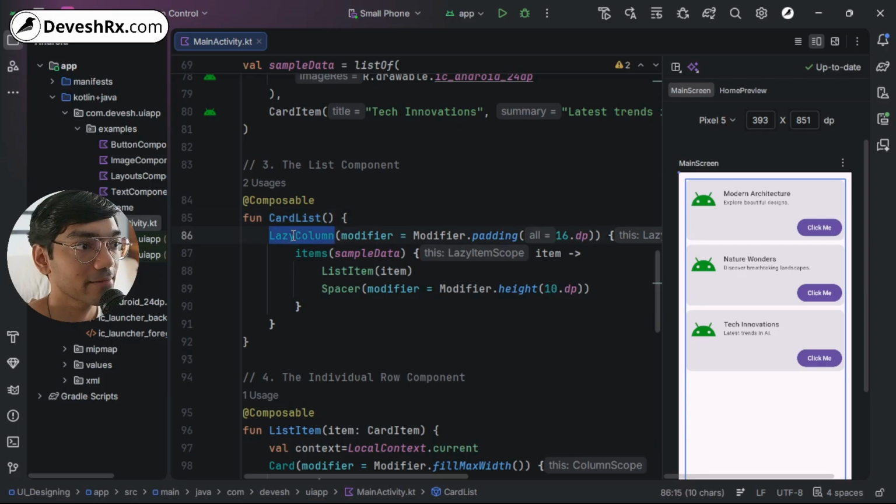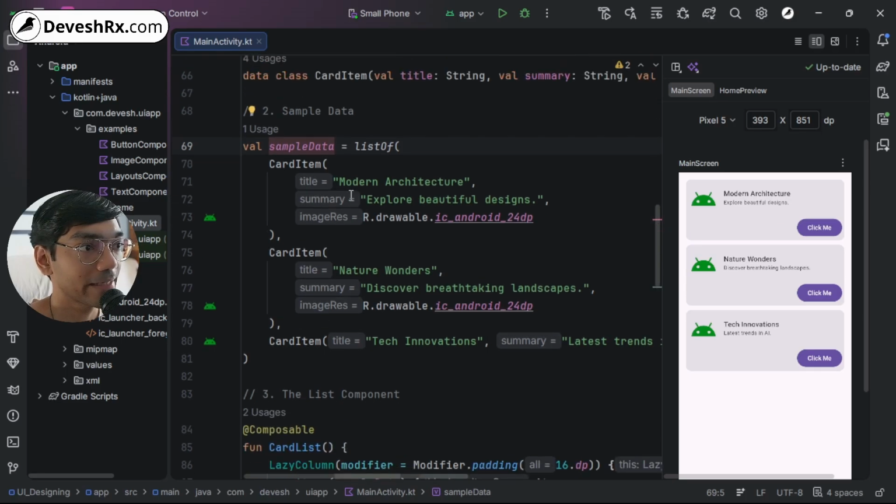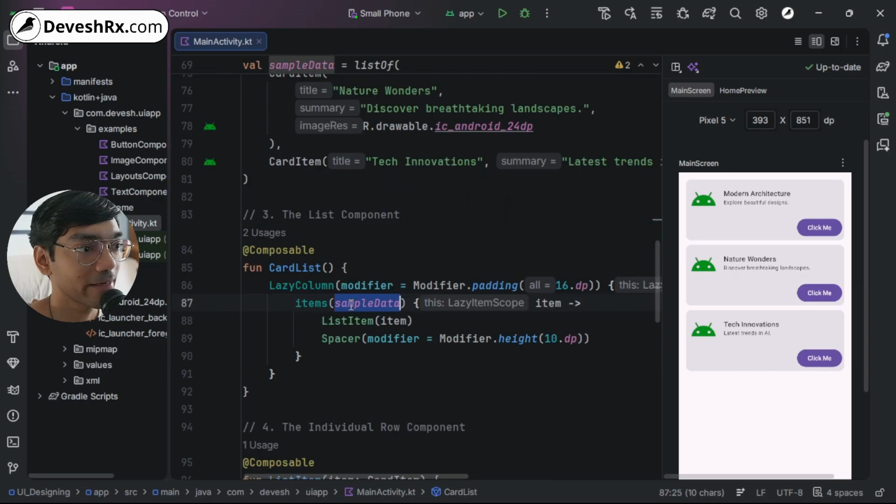So inside card list I have added a LazyColumn. Now because I have added LazyColumn, this entire list is scrollable, and inside this LazyColumn I have added items and sample data. So this is sample data of cards in which I have added title, summary and the image of each and every card, and then all of the data is added to the items,